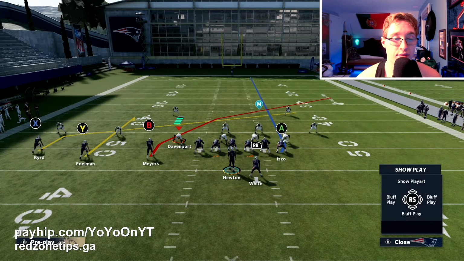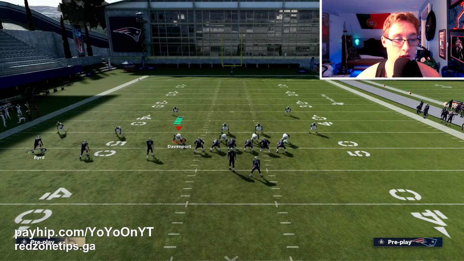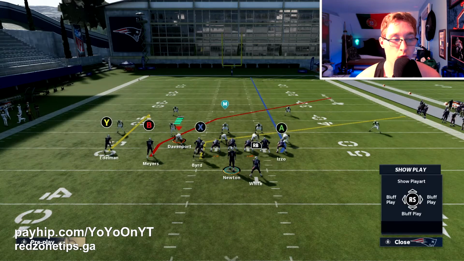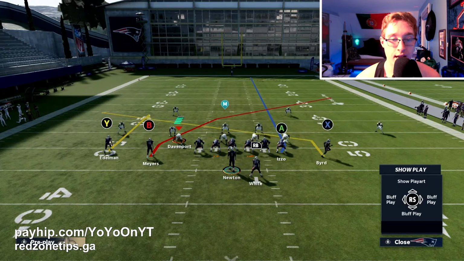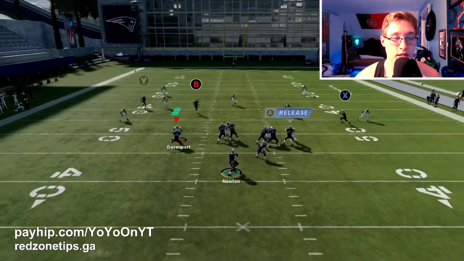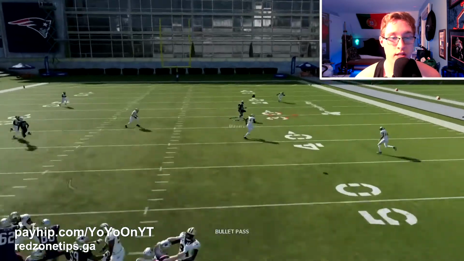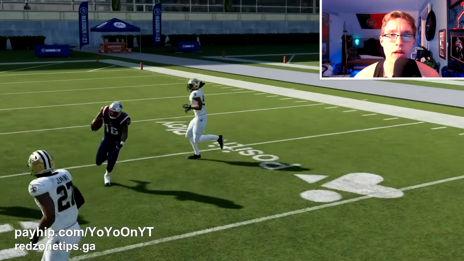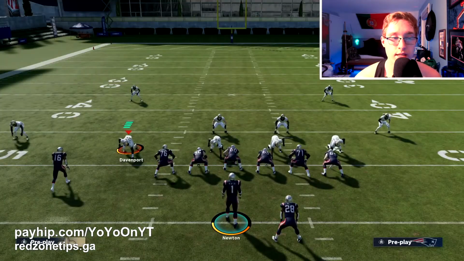And then also we're going to have the curl route too, and if we need to, we can obviously deploy the delay fade against zone coverages. So we're just going to motion out the X receiver right here, and we're going to hike him right when he gets to that 50-yard line on the right side. So we're going to hike him right here. You're going to see right here, first of all, this crosser is going to be open right over the top. You throw this. Now, I did throw it a bit early, but right here, for your reads on this play, your first read is going to be that wide receiver